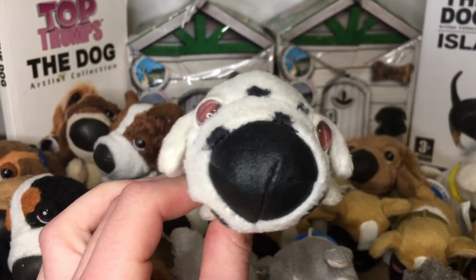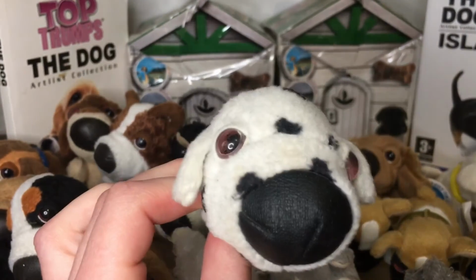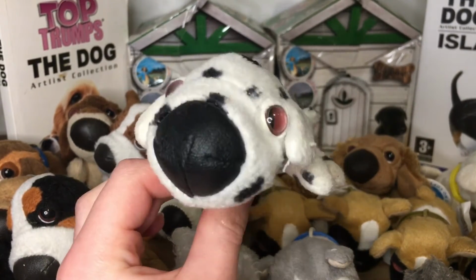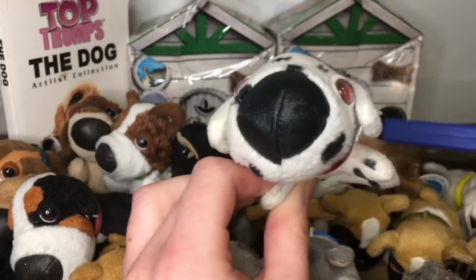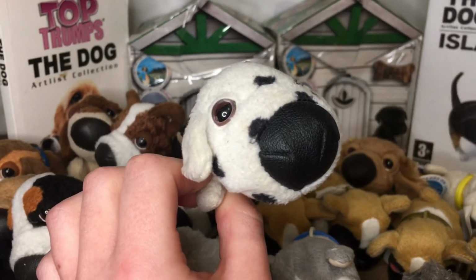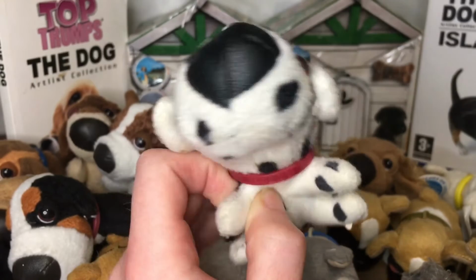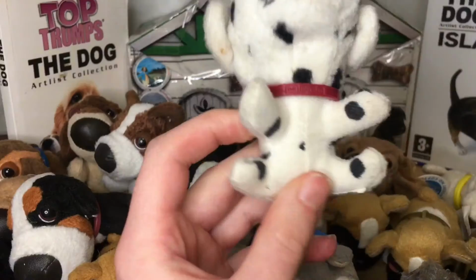Also, another thing about my cousin, right? So I had a Dalmatian, my sibling had a Dalmatian, and my cousin had a Dalmatian. And I said, oh, mine's called Patch. And my cousin was like, you can't call yours Patch because mine's called Patch. So with the goodness in my heart and the kindness and the doormat that I am, I changed the name of this dog and I called him Dotty or Dot or something,